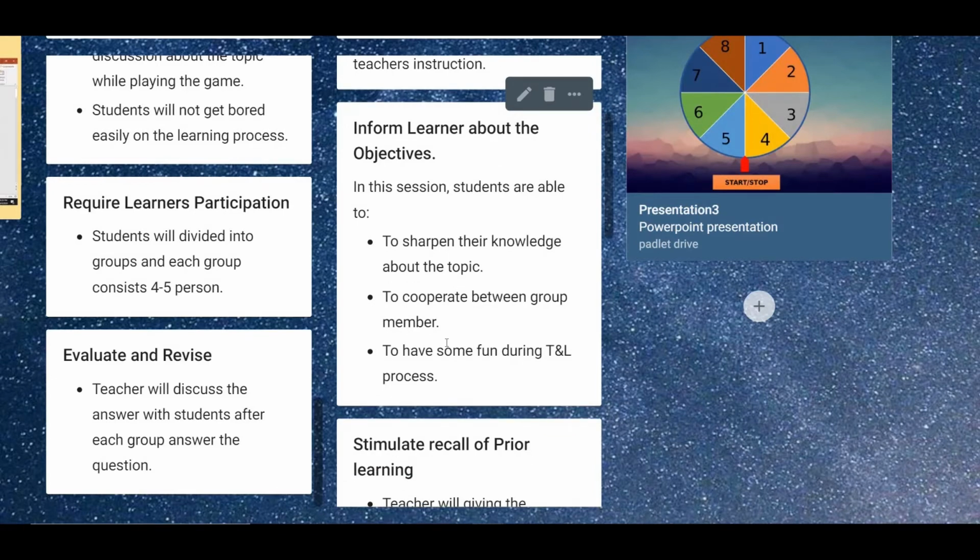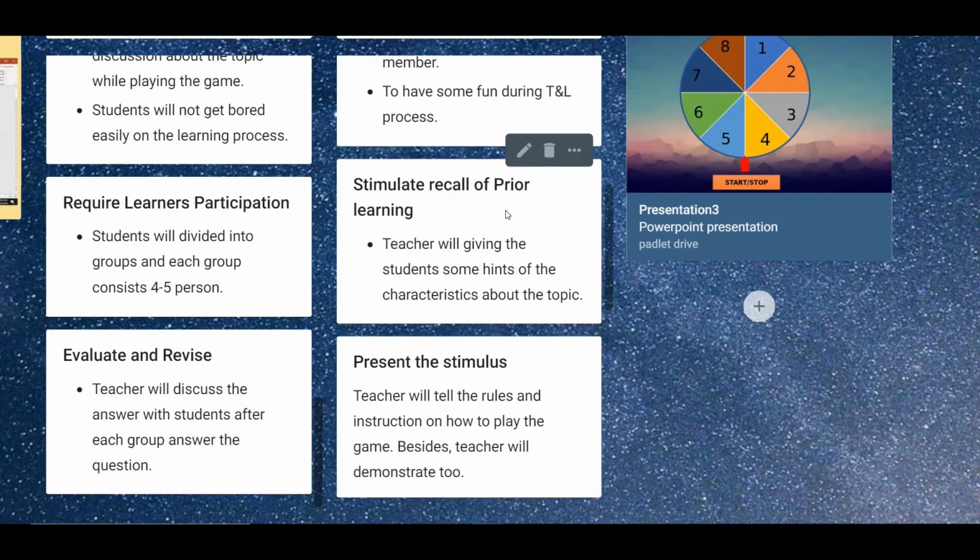So here is inform learner about the objectives. First, to sharpen their knowledge about the topic. Second, to cooperate between group members, and the third one is to have fun during the teaching and learning process. Next is stimulate recall of prior learning. The teacher will give the students some hints of the characteristics about the topic. For each topic, sometimes it might be a difficult question, so I will give my students some hints